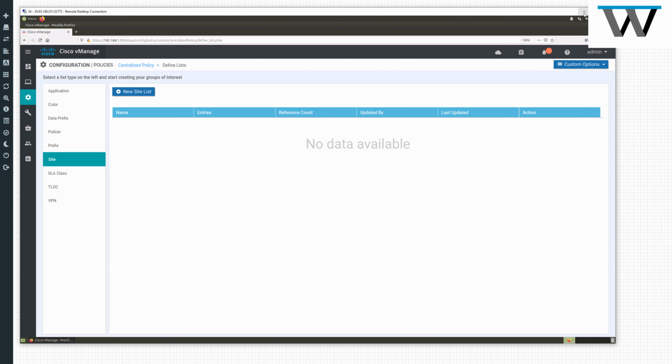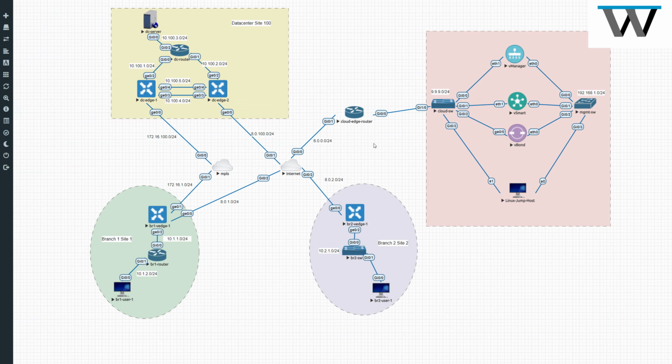So guys, believe me, this picture is going to be very useful, so if you can, just take a screenshot of it so that you can be aware: the data center site is number 100, branch 1 is site 1, and the branch 2 site number is site 2, right? If you are following all of my hands-on videos, then you must already know these numberings, right? So if you go here,